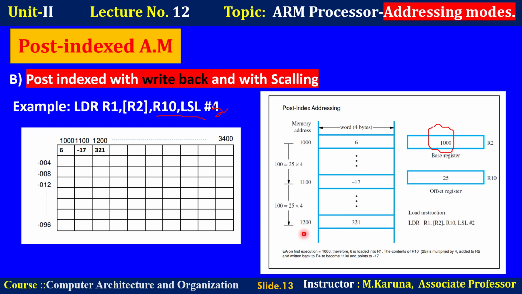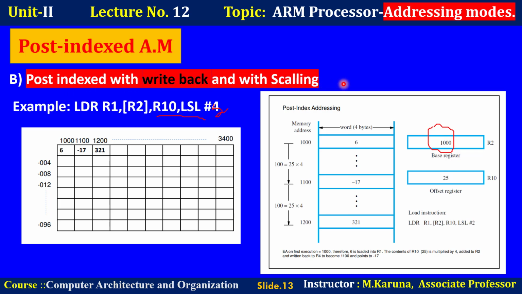So this effective address is again transferred to R2 according to our addressing mode specification. At 1200 the next element can be accessed by the processor. Likewise, the data elements can be accessed at required memory locations by specifying the instruction post indexed with write back